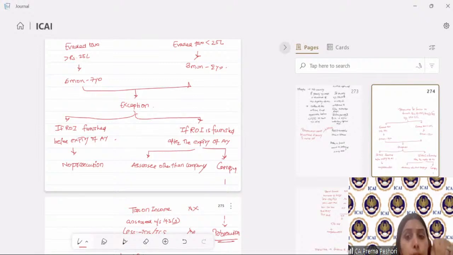Now, what is the liability of the legal representative? The legal representative will only be liable up to the estate which he has inherited from the deceased. The liability under the income tax cannot exceed that. So if, for example, he has received property from the deceased of, say, rupees 10 lakh, and there is an income tax liability of, say, 1 crore, the liability can be restricted only up to the estate of the deceased.